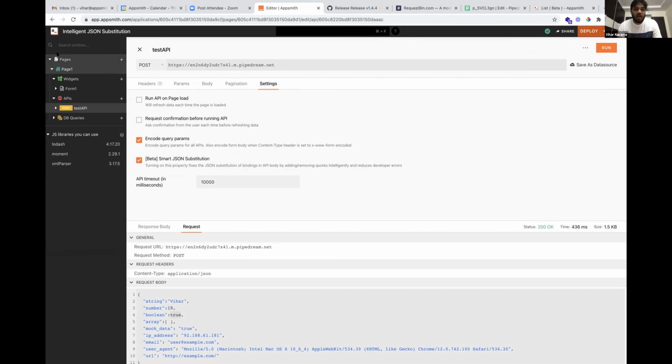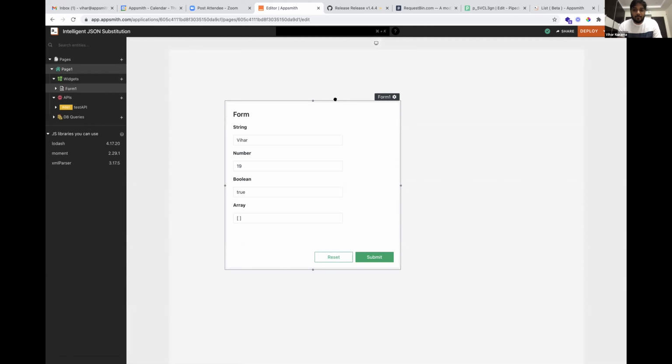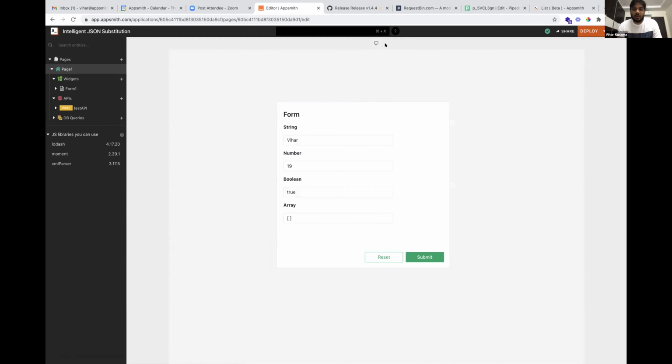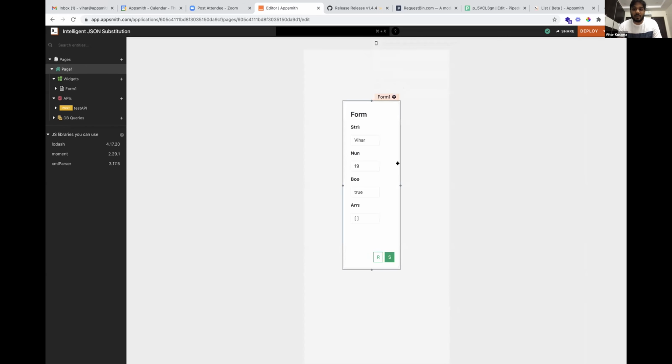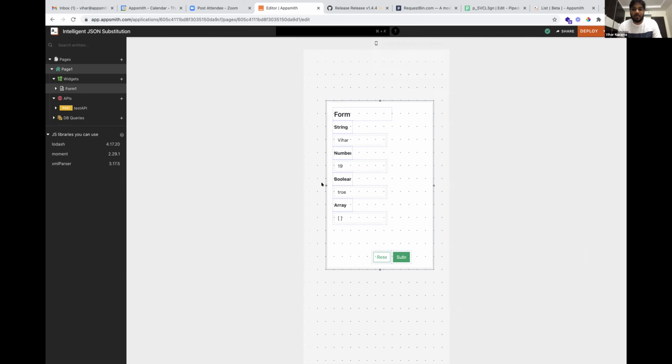And moving on, we have added a lot of layout configurations on the pages. To check out all the layout options on AppSmith, you can click on the icon button here. As soon as you click on it, you can see all the options that are available. So you can set your layout options based on where your app is going to be deployed. You have desktop, tablets, mobile devices. If at all you are setting out to mobile devices, you have your responsive option, and you can also play with your widgets and deploy this.